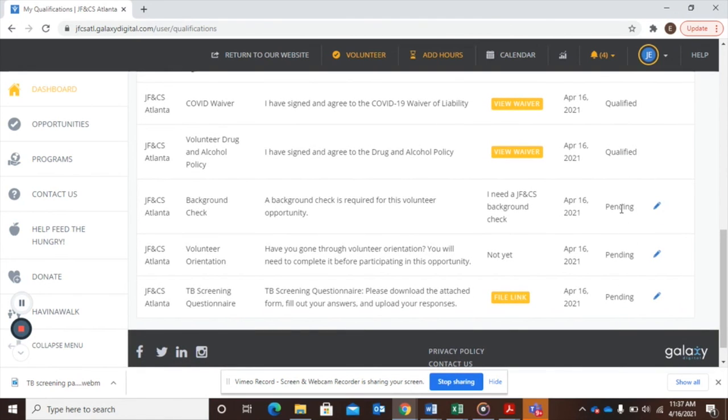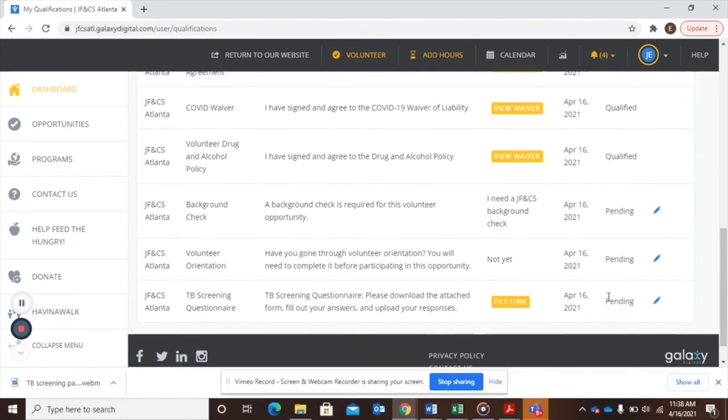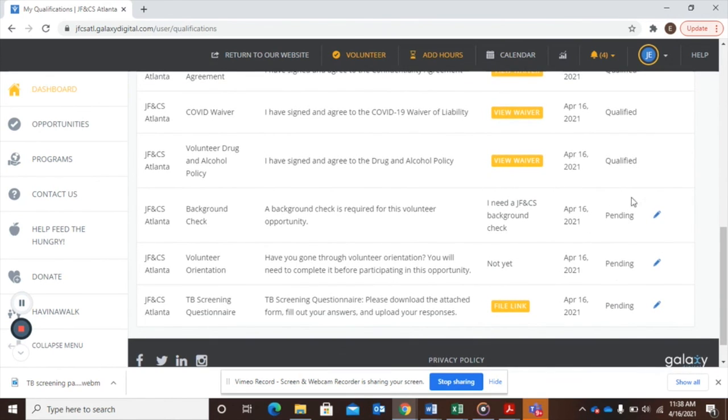That means that our manager is going to need to approve you for these qualifications. For instance, you said you need a background check and you need orientation. So our volunteers manager will initiate a background check for you and give you volunteer orientation, and then you'll be marked as qualified for those. Again, for the TB screening questionnaire, we'll just need to review your answers to the questionnaire, and then you'll be marked as qualified. Once these have been moved to qualified from pending, you'll receive an email from Galaxy Digital that